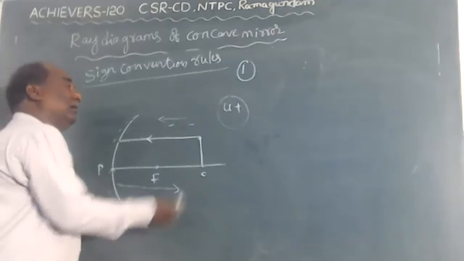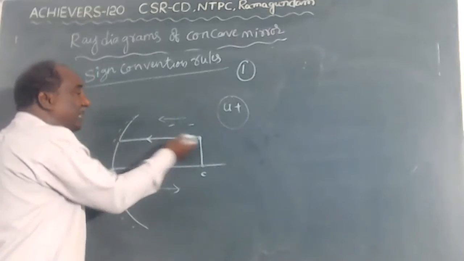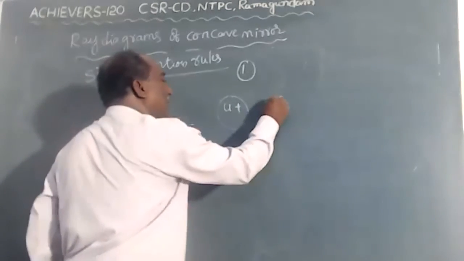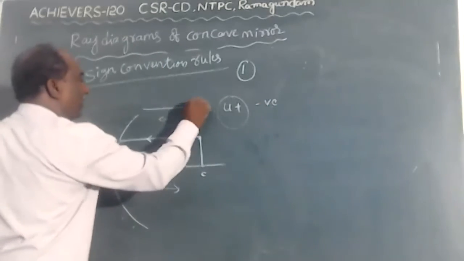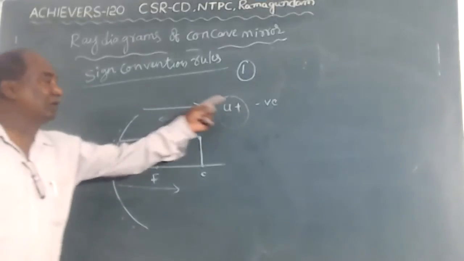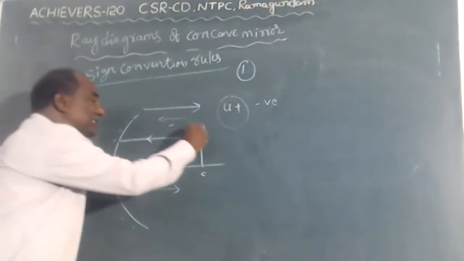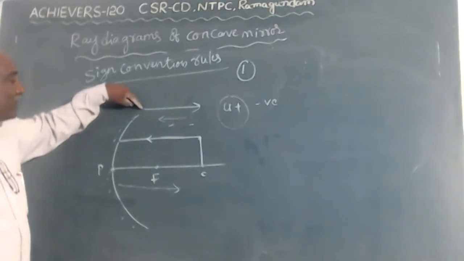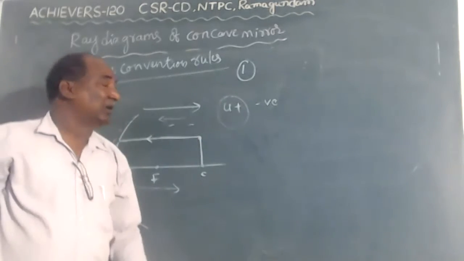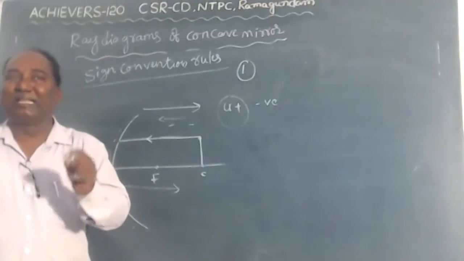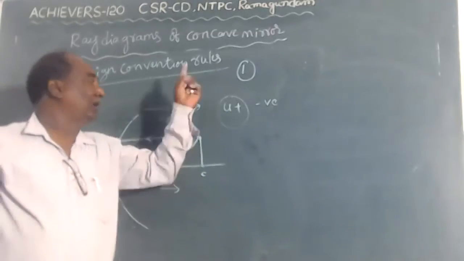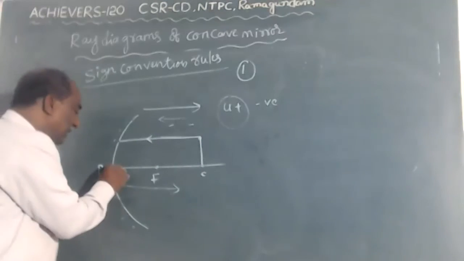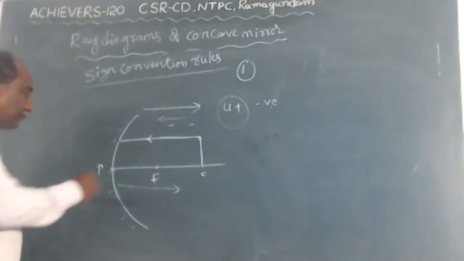If the distance is measured opposite to the direction of the incident ray, it is taken as negative. If we measure in the same direction of the incident ray, it is positive. If we measure opposite to the incident ray direction, it is negative. It is the first point, children. All the distances are measured from the pole. And next one,